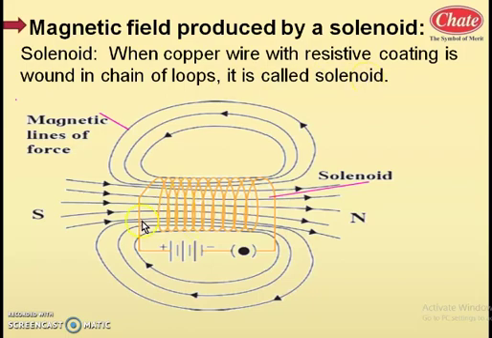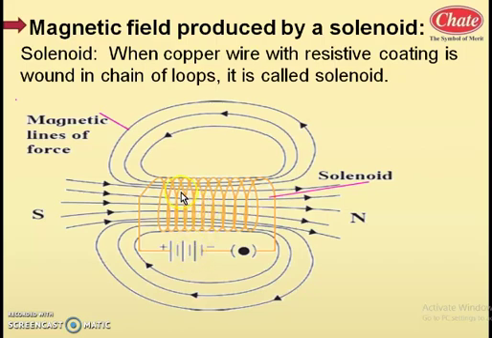So this is the diagram. Actually this spring type structure is a solenoid. Its ends are connected to connecting wires, and these are connected to a battery and key. As you know, a key is used to make the circuit and break the circuit. This is a battery which supplies the electricity, and here electricity will create the magnetic field. That is the magnetic effect of electric current, or it is also called electromagnetism.